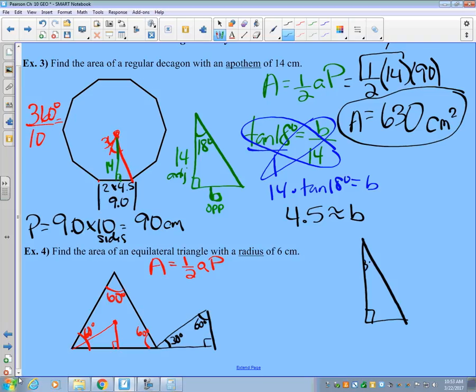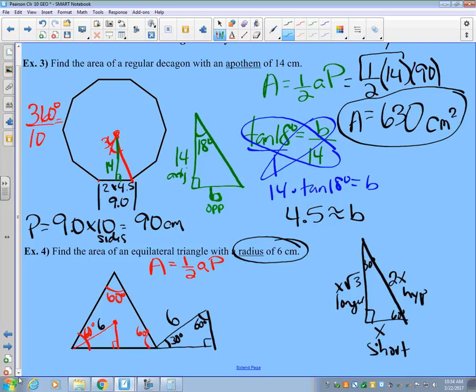30, 60, 90 triangles have a special property. That's why they're called a special right triangle. Our side length, our little side, is here. Our hypotenuse is double our side length. And our medium side is our side length times root 3. Okay, so there, we know that the radius is 6. That's this distance right here. I'm going to transfer that to there. So short side, hypotenuse, or longer side,